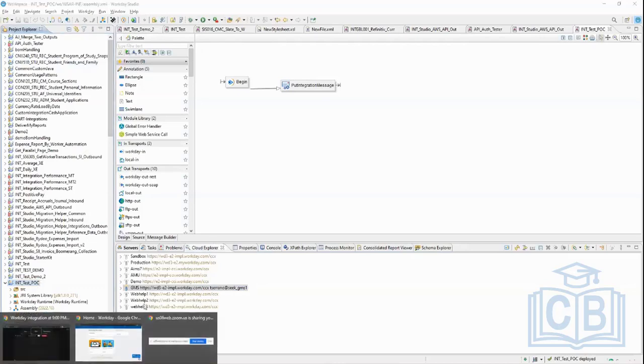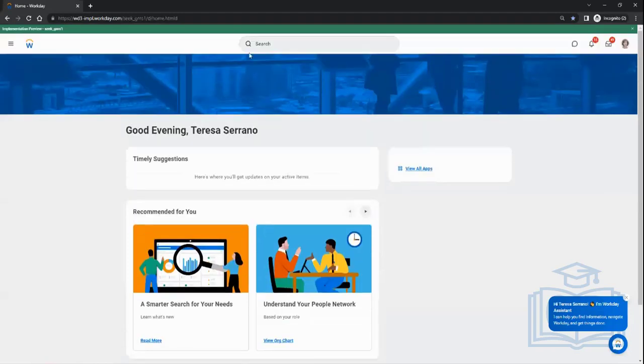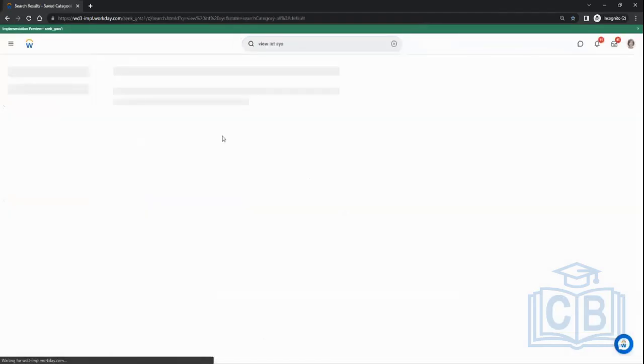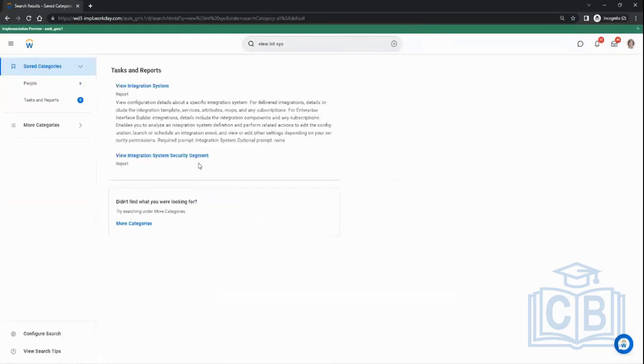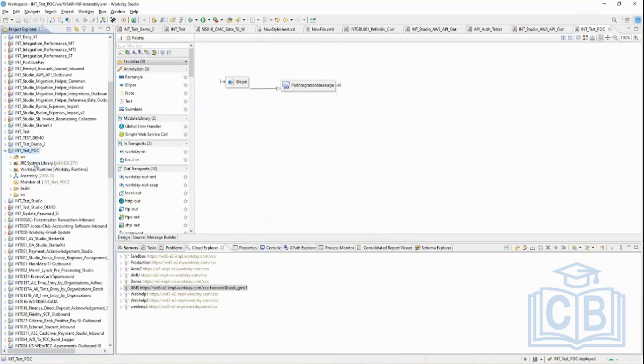And from the tenant, you can also download the CLAR file, right? To check whether it's a studio integration, you check the template name. The template name will be cloud template, right? And it has a CLAR file. What does CLAR stand for? Cloud Archive, right? So .CLAR, where what Workday does is it's a combination of all the files which are there